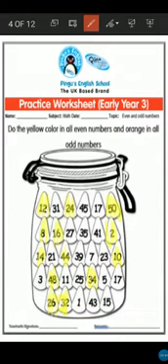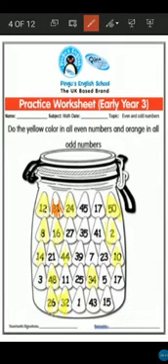Students, as you all can see, how can we judge a 2-digit number? Is it an even number or an odd number? For 2-digit numbers, we will look at the second number. For example, in 31, we will look at 1. Is it an odd number or an even number? As 1 is an odd number, so 31 will also be an odd number. So we are going to color it orange.